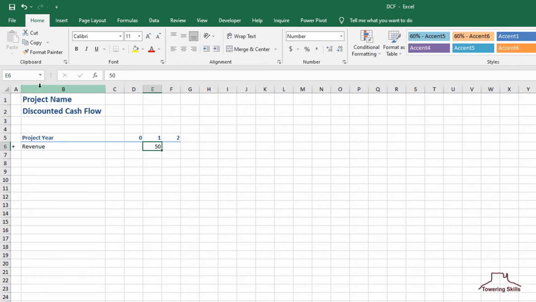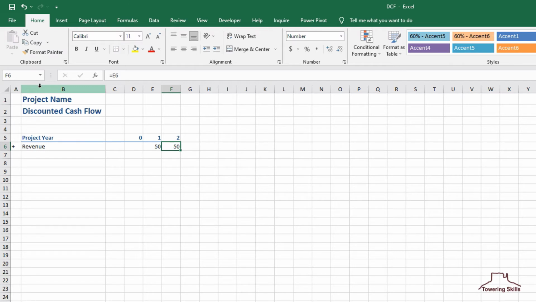Note that this model assumes that time zero's revenue is 0. It need not be, but that's our assumption. If year 2 through year 20 values are the same as the year 1 value, which is what we'll assume for this model, then we can link those values back to the year 1 value with formulas. So in cell F6, we'll add the formula =E6.